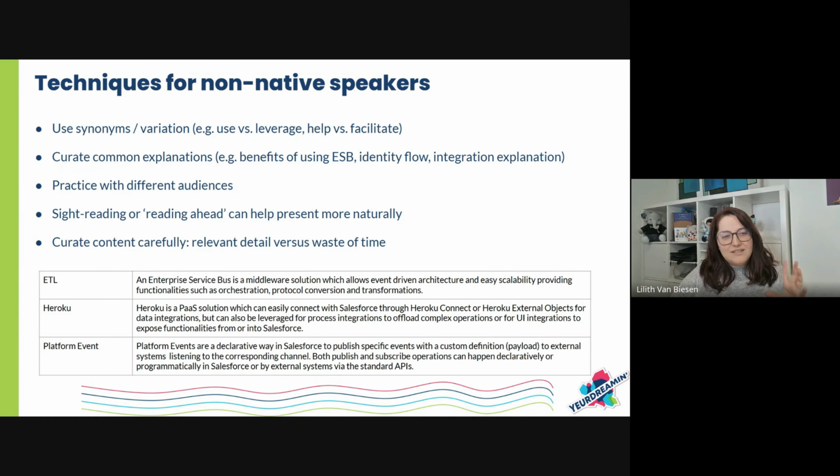You also have this technique that's called sight reading or reading ahead. And this is very helpful when you're doing presentations where, for example, you have a few bullets on your slide, or where you're showing a text even. Again, we don't recommend showing too many words, but okay. In such a situation, it's good to do sight reading, which means I'm saying one thing, but I'm already reading ahead and I know what's coming next. And this will allow me to make links more fluently.